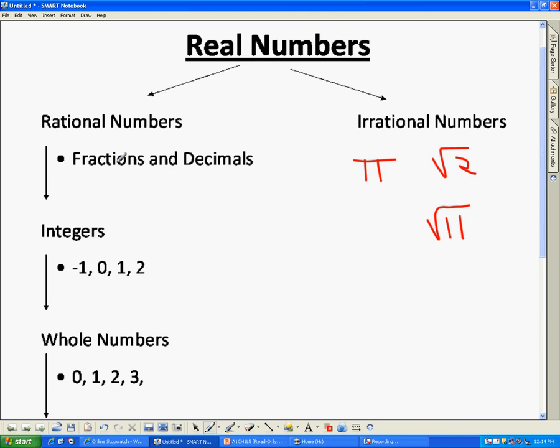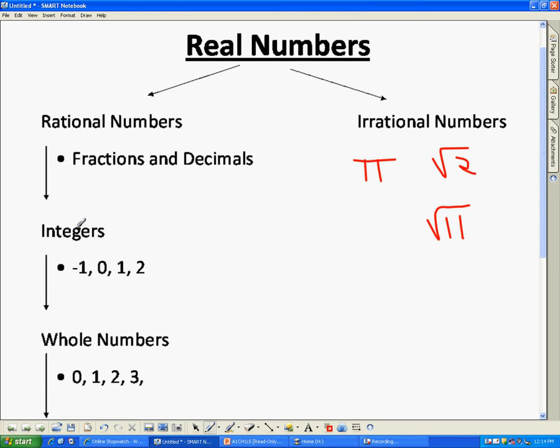Rational numbers are numbers that can be written as fractions, and this includes fractions and decimals. So pretty much fractions and decimals, for the most part, are considered rational numbers. They can be written as a fraction. Integers are your positive and negative whole numbers. Integers are just positive and negative whole numbers, and again, integers are considered a rational number, and rational numbers are